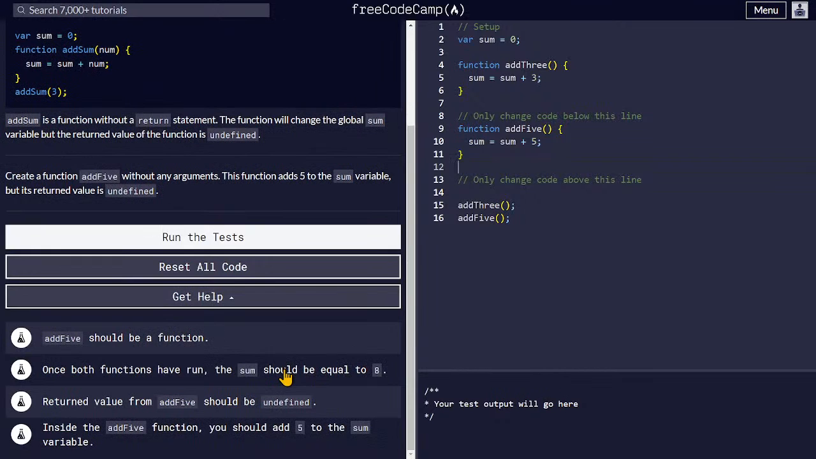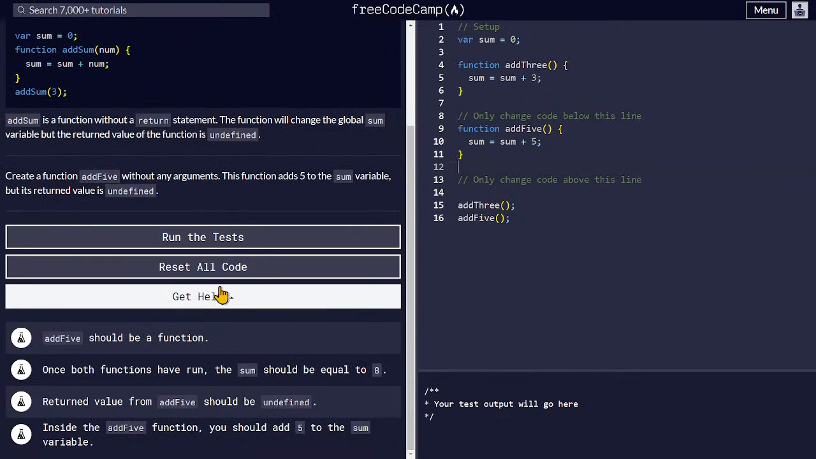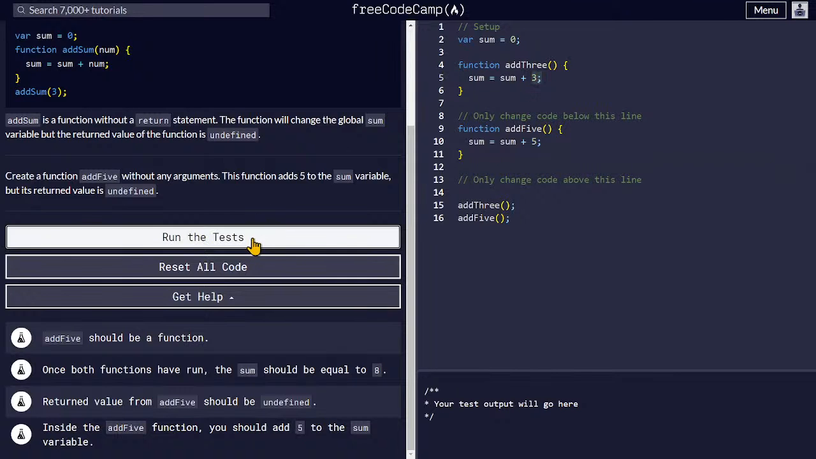So if you run the test, add 5 should be a function. Once both functions have run, the sum should be equal to 8. The return value from add 5 should be undefined. Inside of the add function, we should add 5 to the sum variable, which is the same as this. So if you run the test,